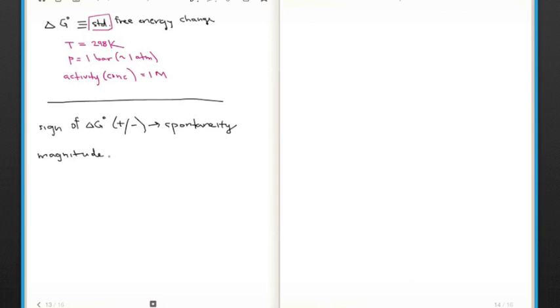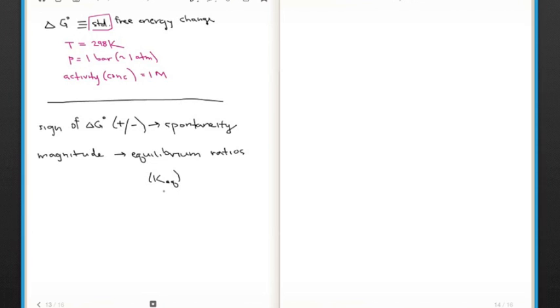And as for the magnitude, well, what does that tell us? The magnitude of delta G allows us to determine what I'll call here the equilibrium ratios. That is, how much, in terms of concentrations or partial pressures, of products and reactants we have at chemical equilibrium. And it's important to remember that we can think of equilibrium quantitatively in terms of what's called the equilibrium constant,